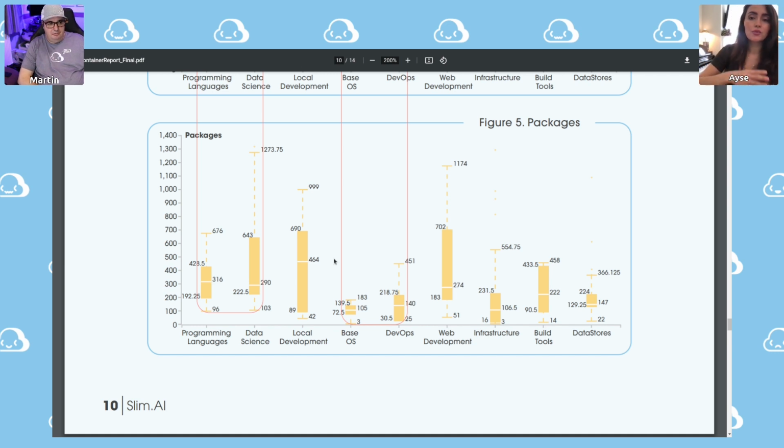And as we start exploring the larger images in more generic containers like data science and programming languages, especially at the outliers, we're talking about 1,200, 1,300 packages, 20, 25 special permissions, 70 plus licenses.